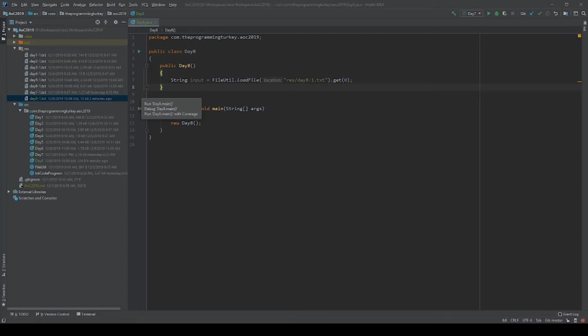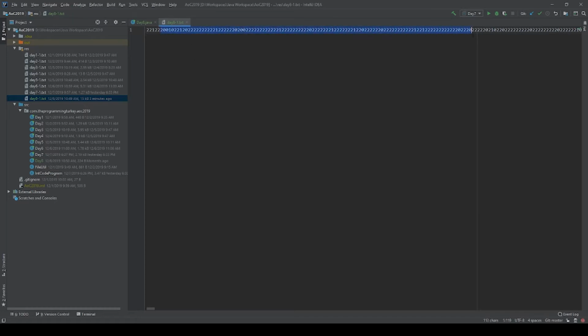I don't quite know the best way to explain it, but essentially we are given a long string of digits. Each digit refers to a pixel color on an image. The image has multiple layers, and our image is 25 pixels wide by 6 pixels tall. So if you can see, here's the input, just a long string of digits. Each digit refers to a pixel color. And